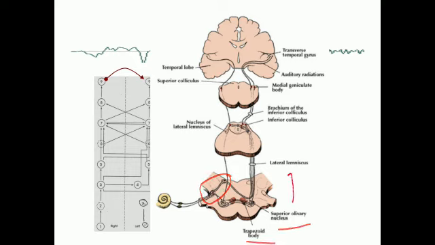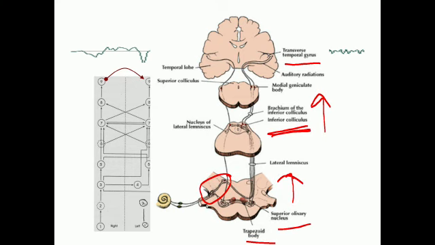From the superior olivary nucleus, the third order neurons arise and ascend as the lateral lemniscus, and they end in the inferior colliculus of the midbrain. Inferior colliculus is the site for many auditory reflexes, and again here there is crossing of fibers. From the inferior colliculus, the fibers project up and reach the medial geniculate body of the thalamus. From here, the auditory radiations project to the temporal cortex where the auditory area is situated.